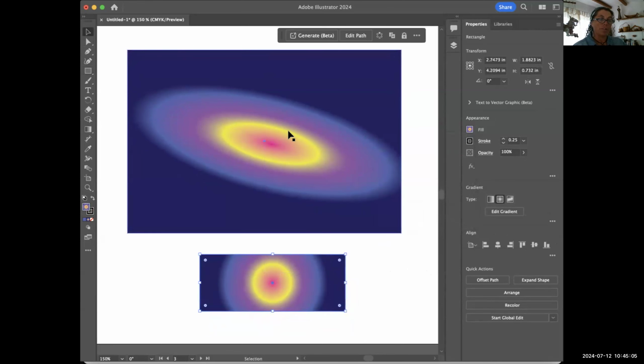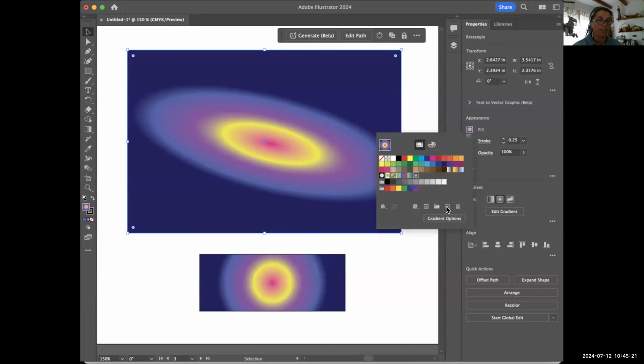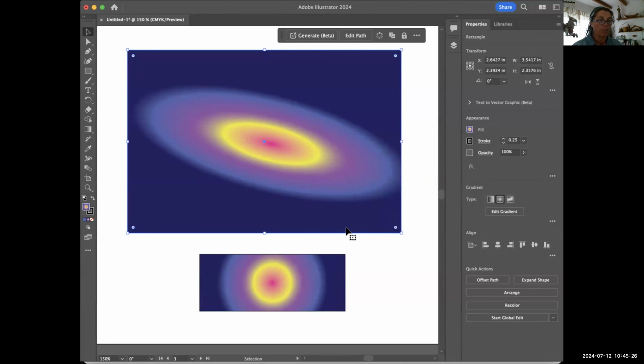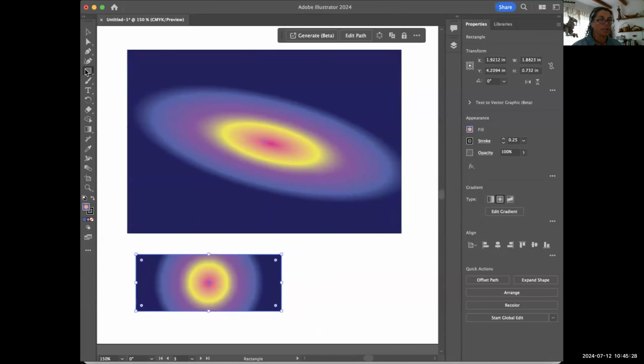I had just saved that one. And now I clicked on it to use it again. And what happened to this gradient is that it resets to just being in the center. Okay. So I saved it from this box. I went over here, I said new gradient, called it Saturn rings or whatever I called it. But then when I made a new box to fill into that box,